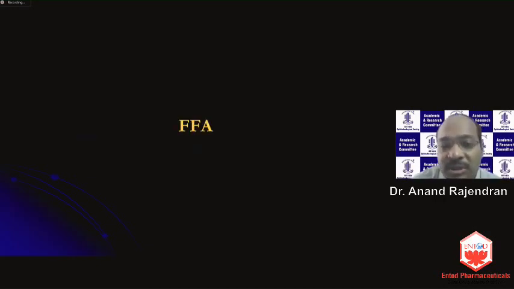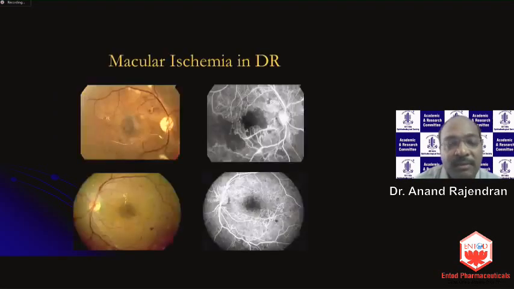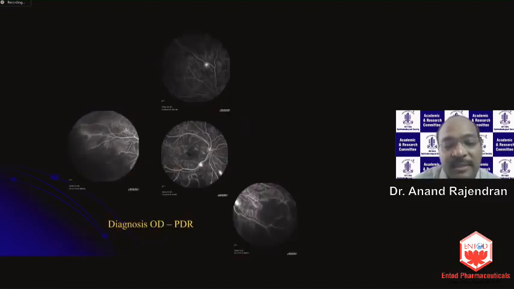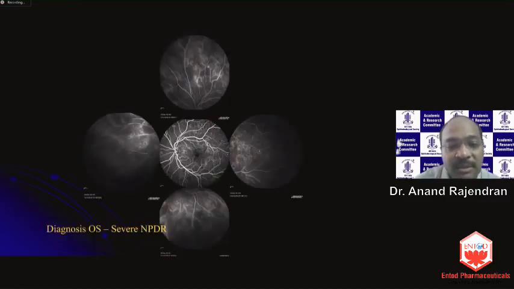So coming on to fluorescein angiography, one of the common indications and reasons for it being done is to detect macular ischemia in cases of diabetic retinopathy, especially when you have a sclerosed vessel, like in this case, or there's unexplained vision loss and you'd like to know more. The erstwhile indications, of course, are to look for new vessels and diagnose proliferative diabetic retinopathy, to distinguish it from severe NPDR, as it was in the other eye.